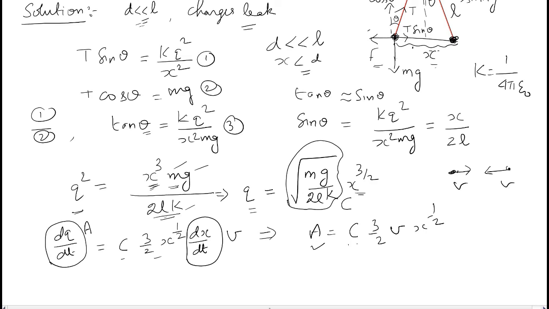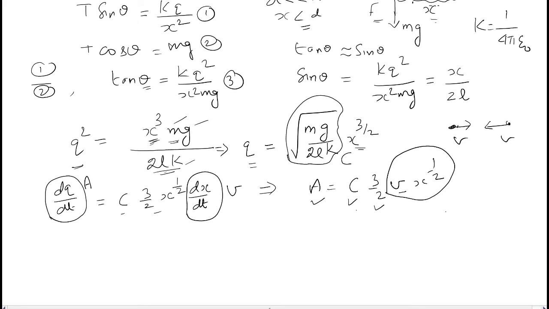See, this is constant, this is constant, this is constant. These two, v variable and x power half variable, but their product has to be constant. So then only the left side will be constant. So v x power half is a constant,